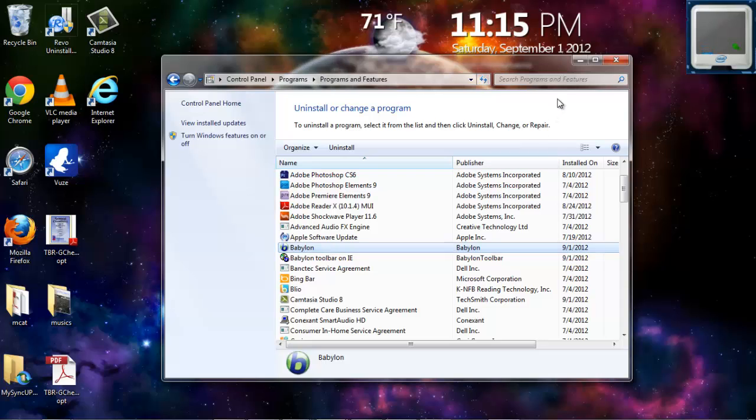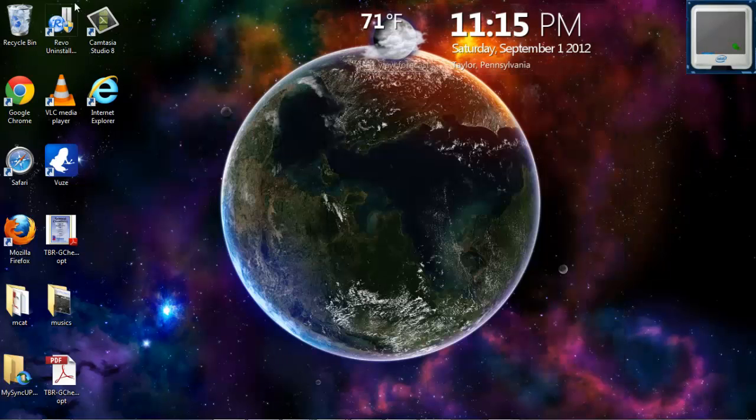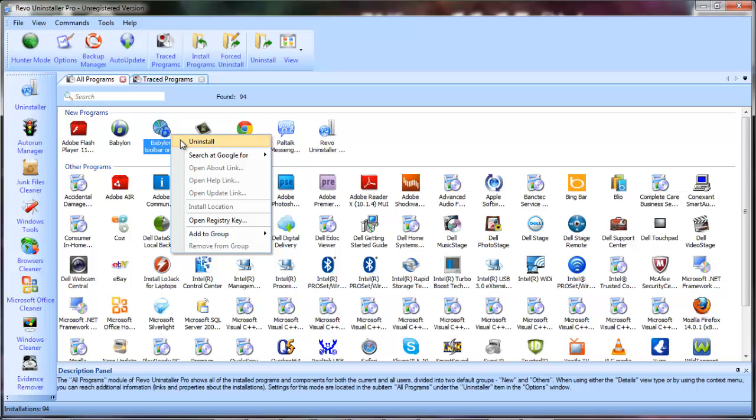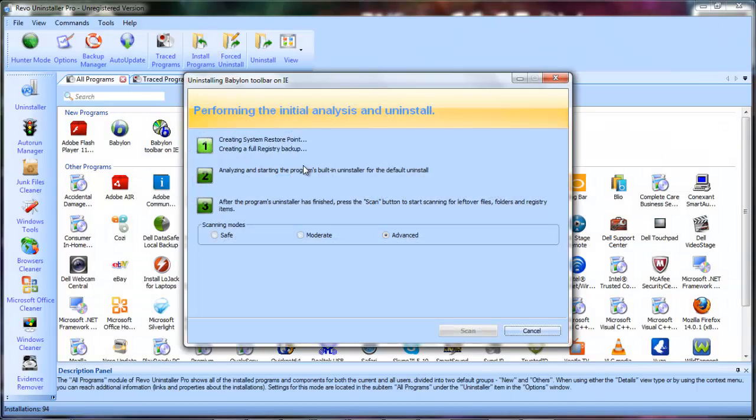What I like to do instead is I use a software called Revo uninstaller. It's basically the same thing, but it scans for any leftover files that are not uninstalled after the uninstallation is complete. So basically it double checks for any files left by the program in the computer. So it's a really helpful tool,